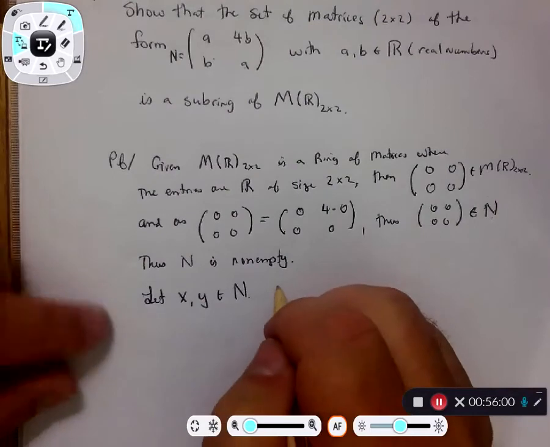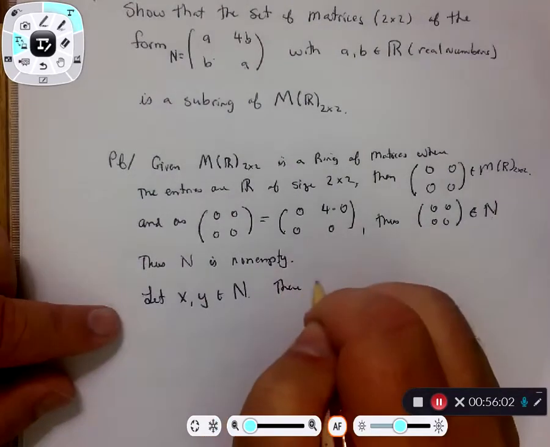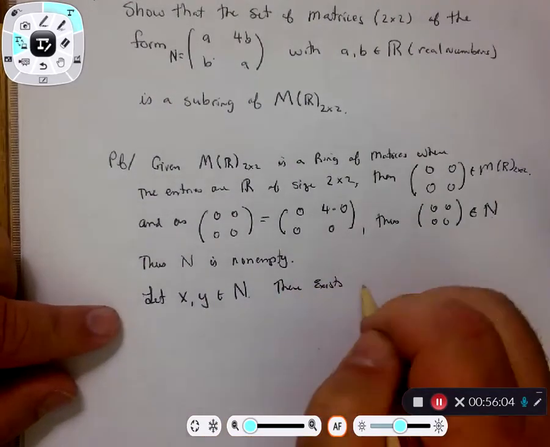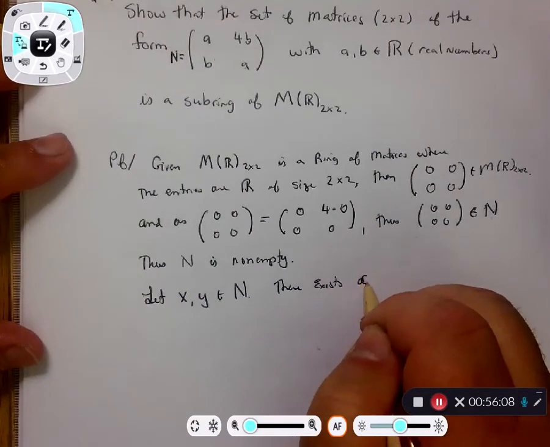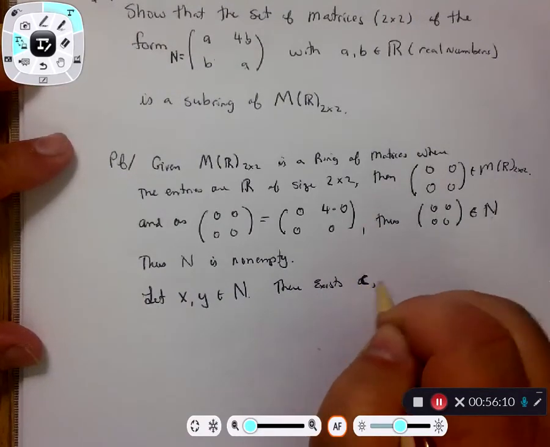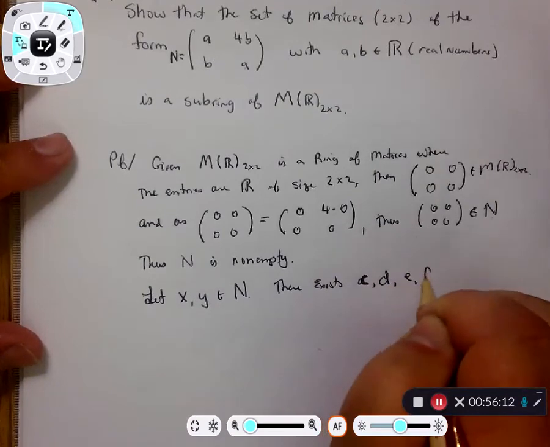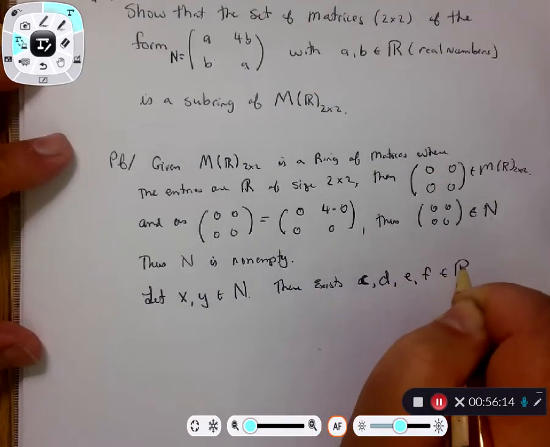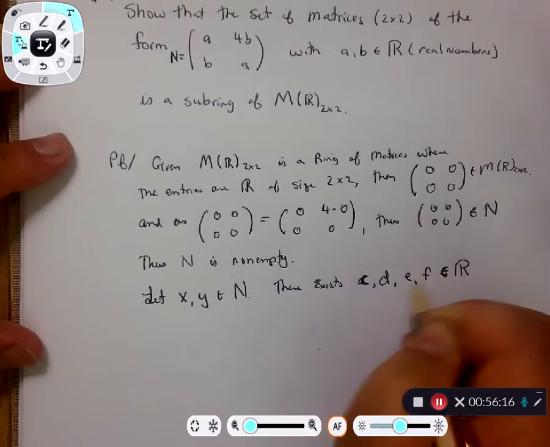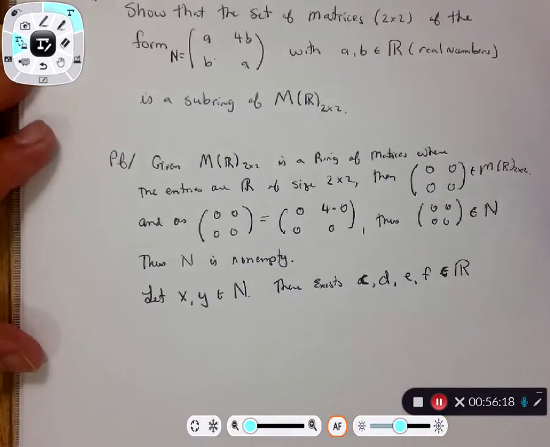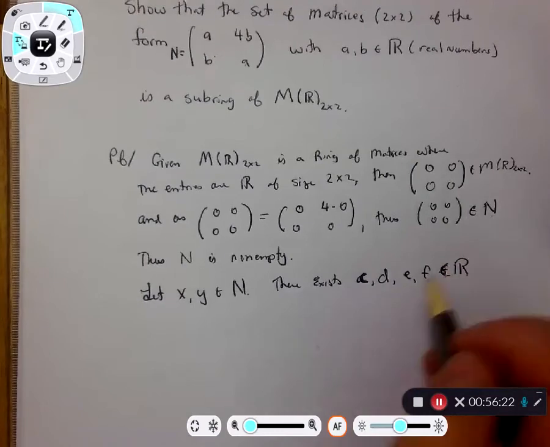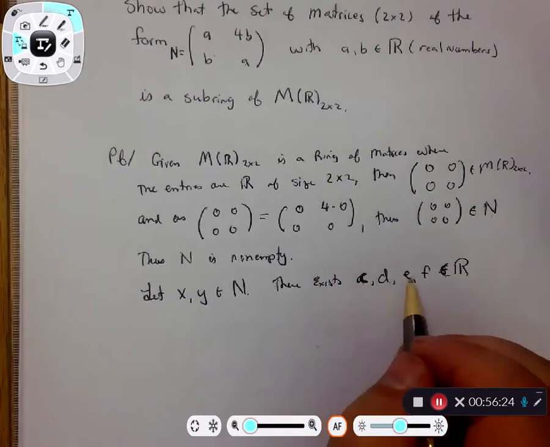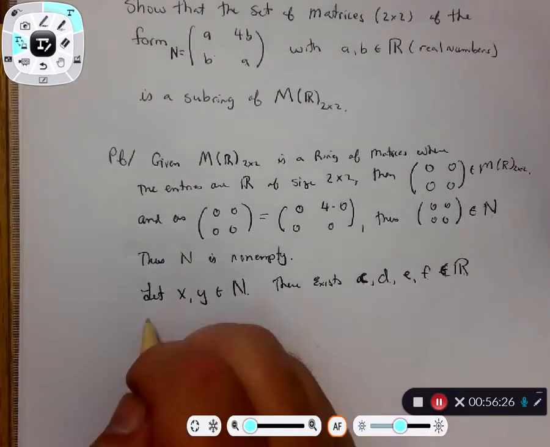This means that there exists, and I want different letters here, since we used A, B, we'll do C, D, E, and F, that are elements of the real numbers. Again, this is legal math jargon as you're writing up proofs; you can use that element of the reals now. There exist C, D, E, and F elements of the real numbers such that